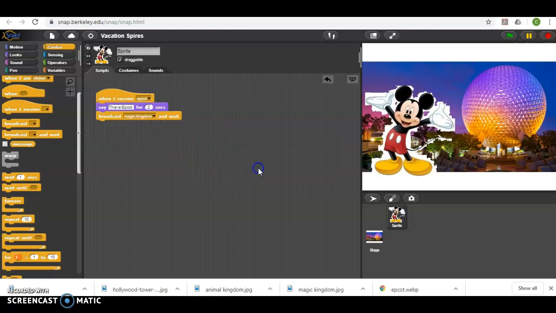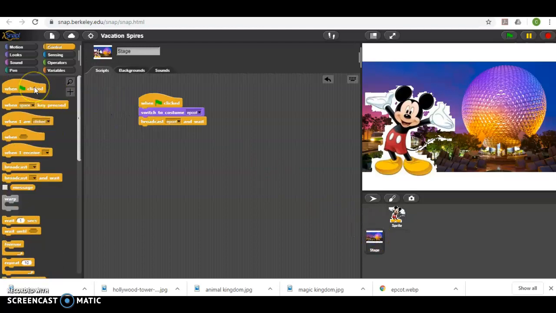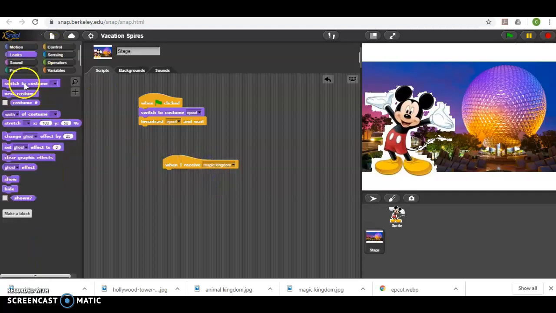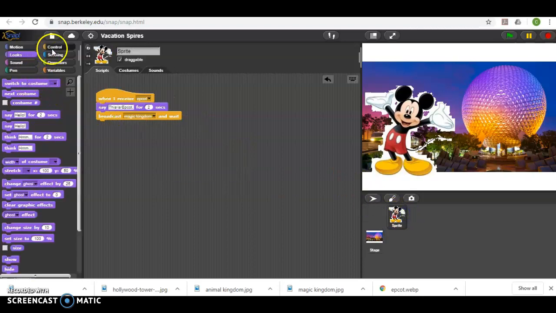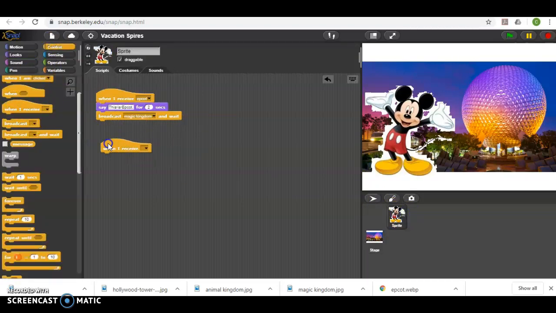When I do that, then I need to tell the stage when you get Magic Kingdom. So when it receives the Magic Kingdom one, to switch to the costume, which is the background, the Magic Kingdom. I also need to tell my sprite that when it receives Magic Kingdom,